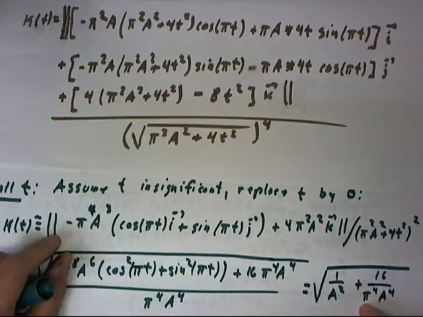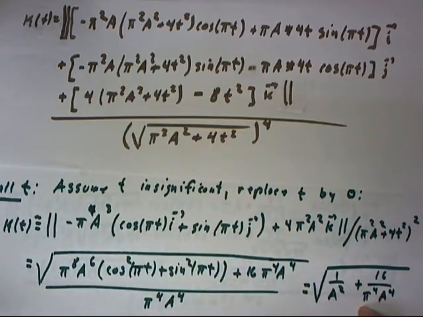Now 16 over pi to the 4th is less than 1. Pi to the 4th is quite a bit greater. 3 to the 4th would be 81, and pi is a little more than 3, so that's like 1/5 at this point. And we've got an a to the 4th here. Whatever a is,